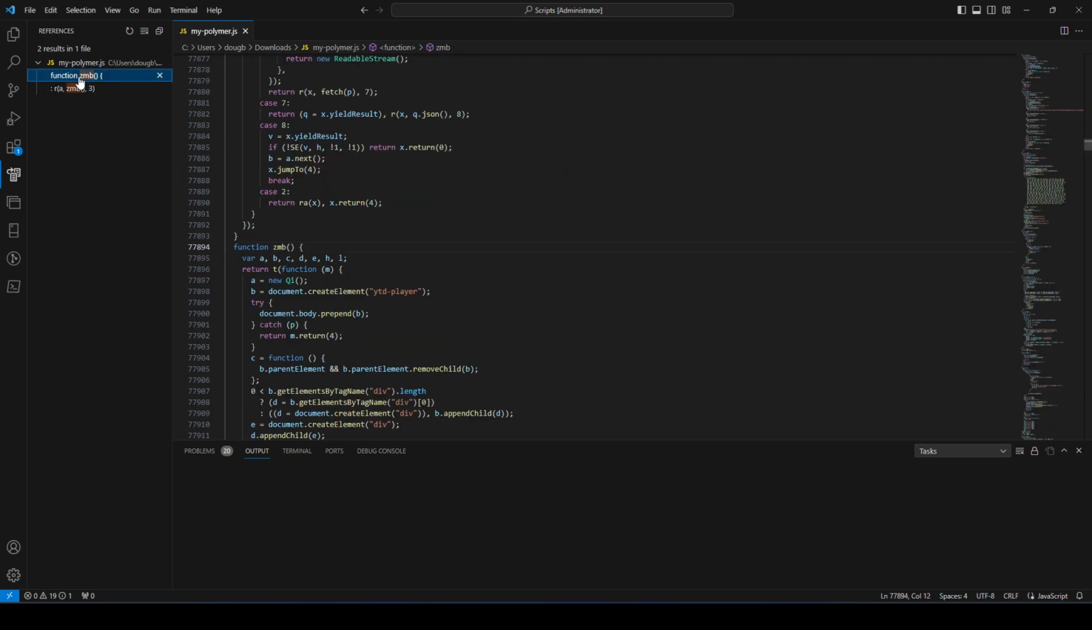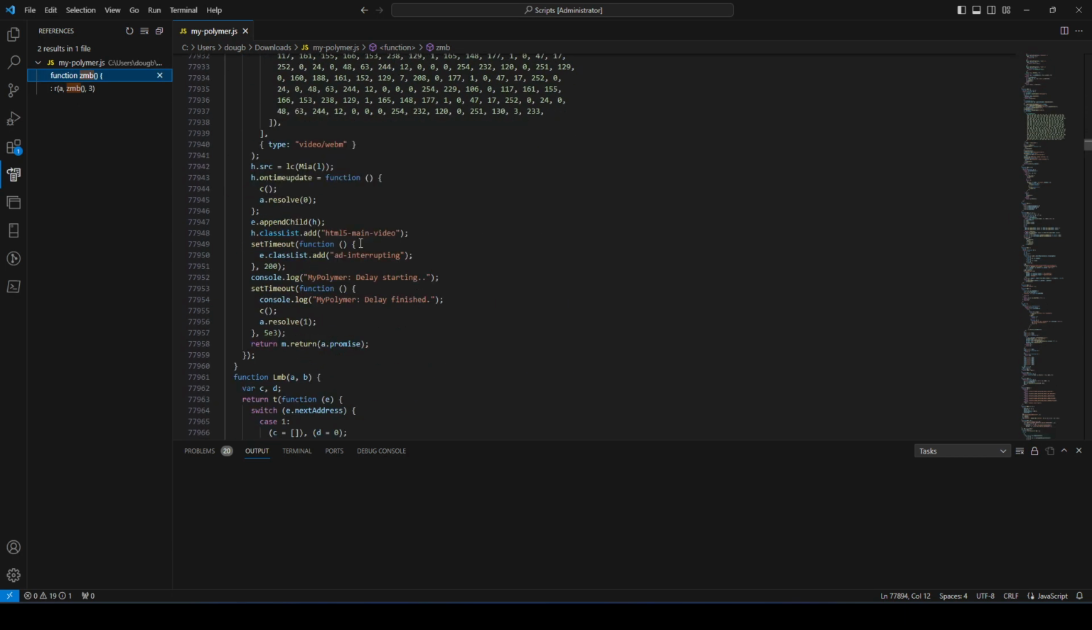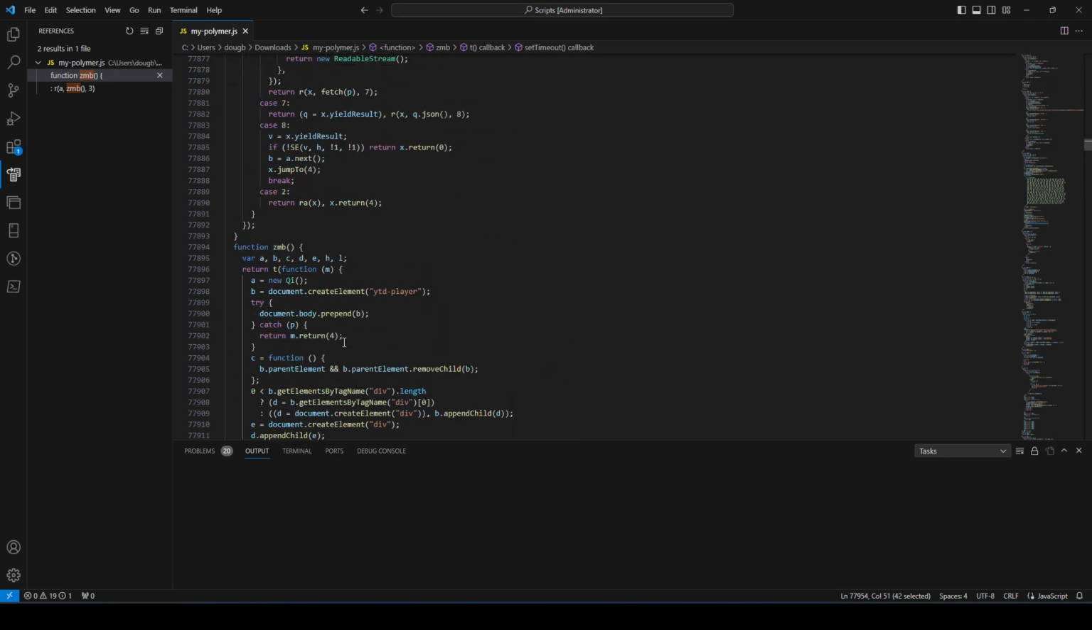So down in the function that was discussed popularly, you can see here the 5-second delay. You can see I've added a console log here to tell you that the delay is starting, and then a message also telling you when the delay is finished. And then up where the function is called,